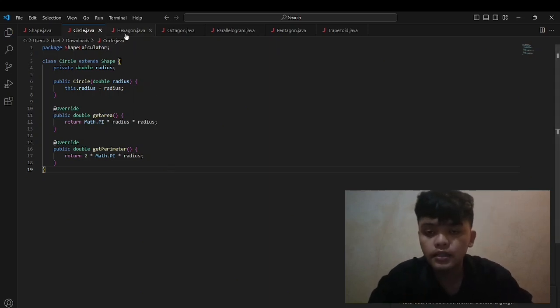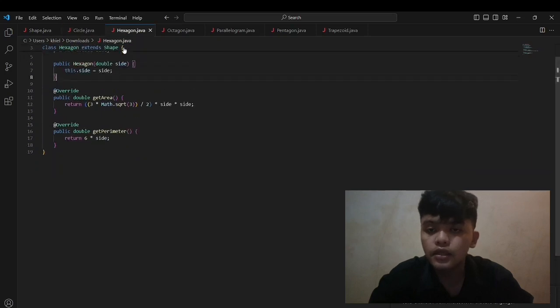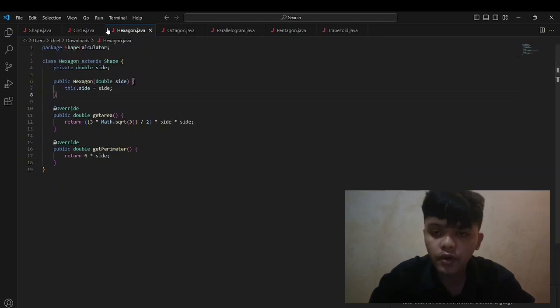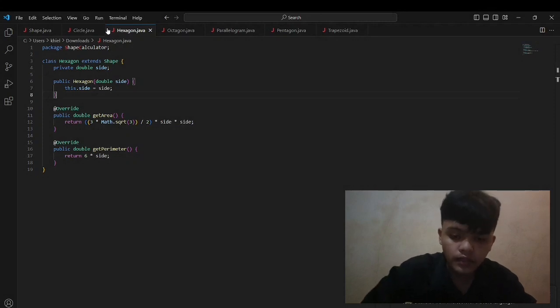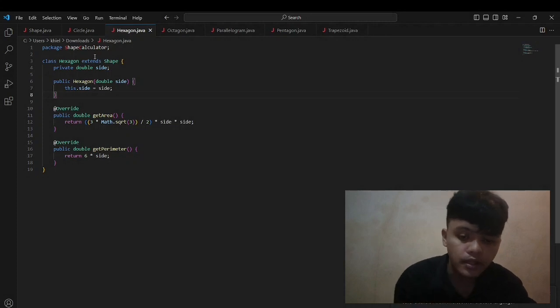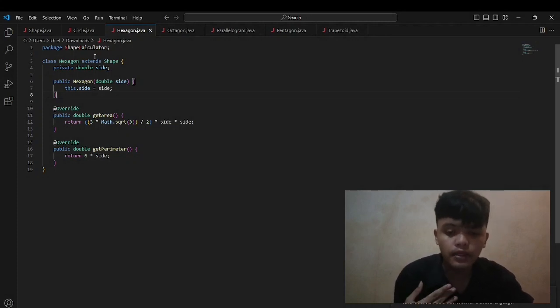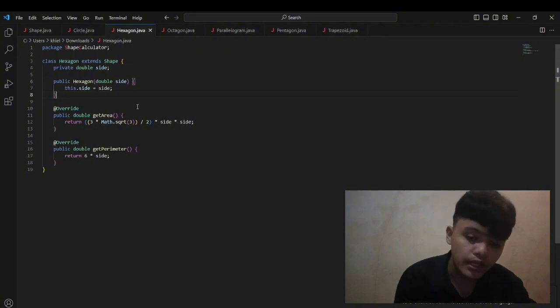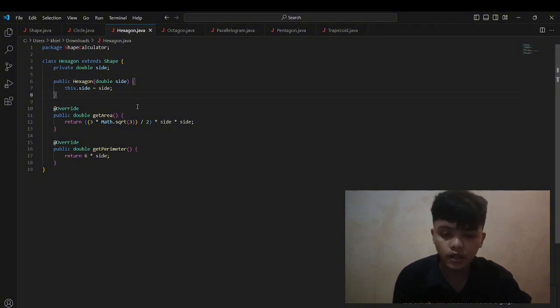Let's move to the next class, which is the shape of hexagon. The hexagon class provides concrete implementations for the getArea and getPerimeter methods declared in the shape abstract class. The area formula used here is specific to a regular hexagon, where all sides are equal, and it's derived from the hexagon's geometry.